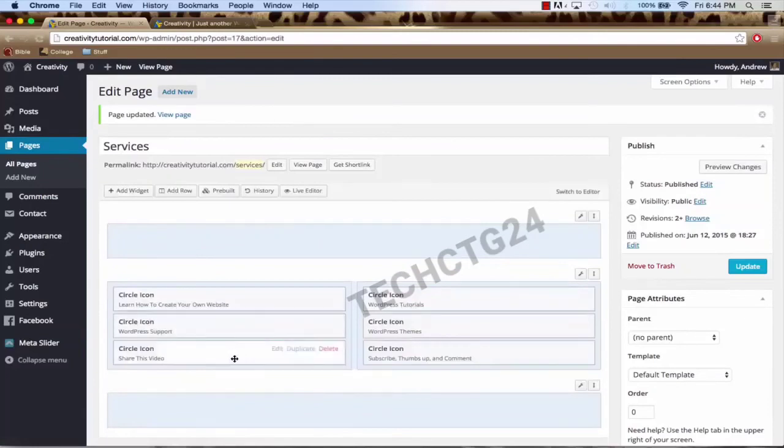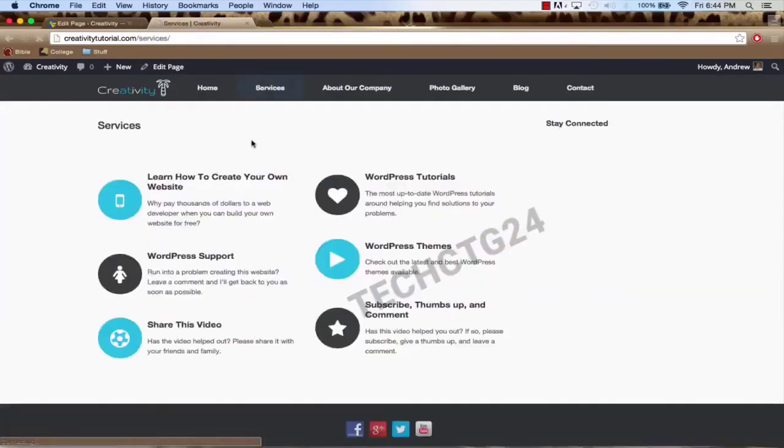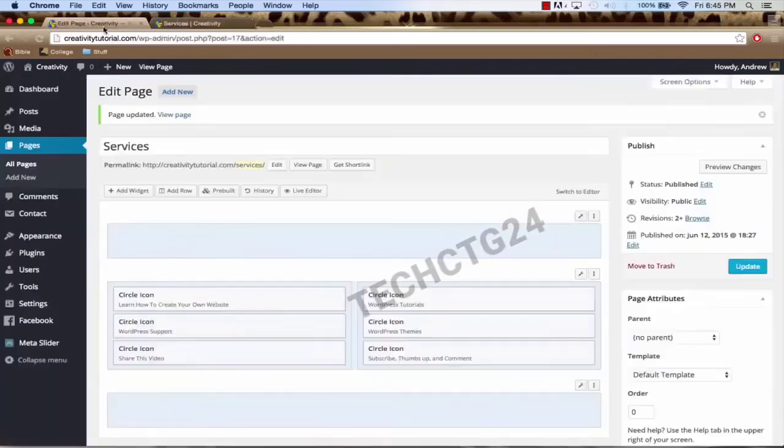Now, after we've completed our circle icons, we're going to go to our website and check out our services. And voila. Now, as you can see, we kind of have this Facebook like box here, and it's kind of distracting, you know? We kind of would like our services to stand out. So to get rid of this Facebook like box on this page, what we're going to do is go into our pages,